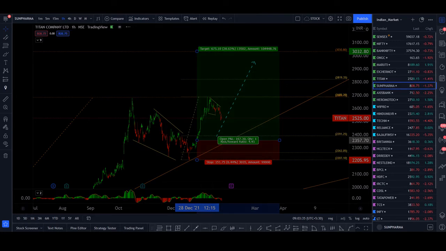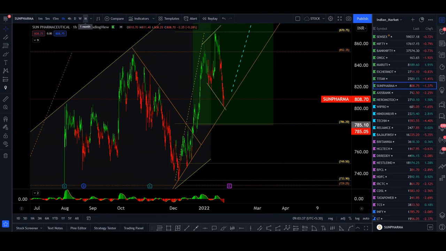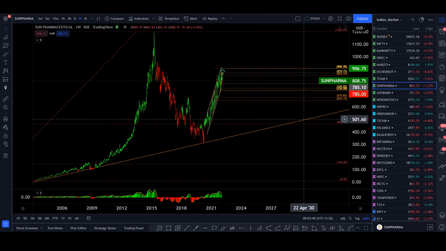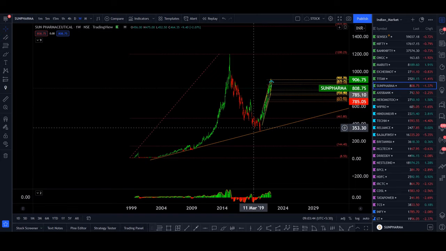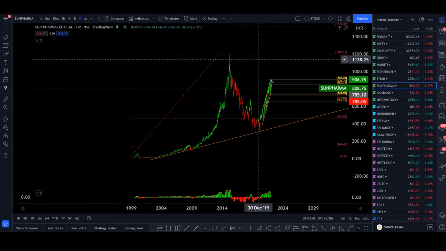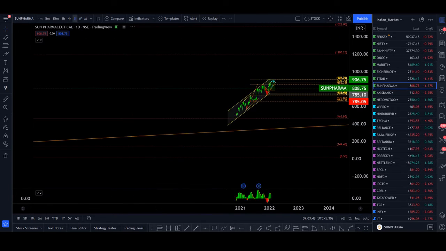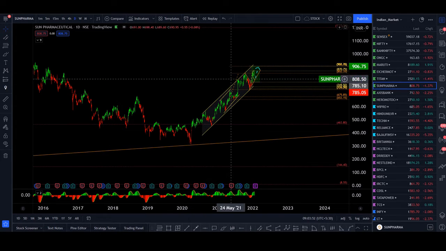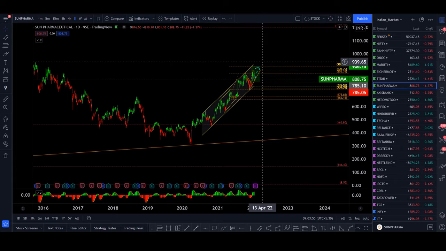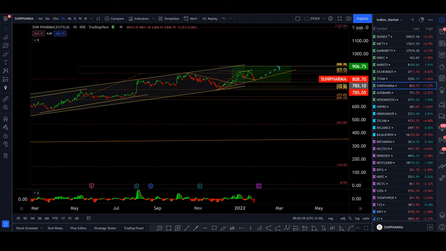So let's move on to Sun Pharma. In the weekly, it has done an impulsive move followed by an A wave, and now we are in the B wave, which is also impulsive up. And in daily, it has completed an impulse and a corrective wave, and it is in the uptrend move for the next wave. So coming to the hourly chart,